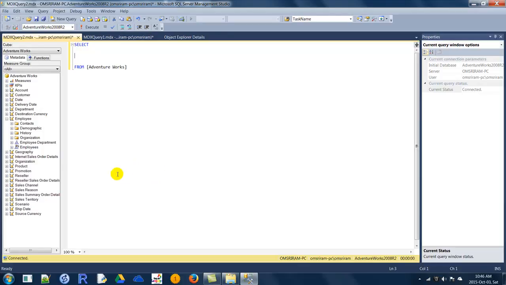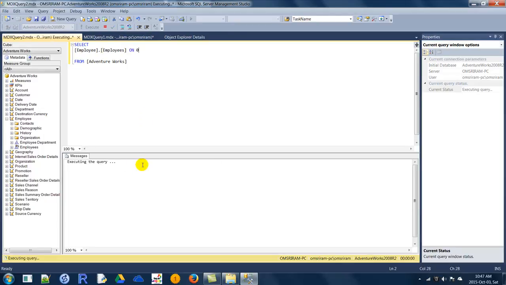Okay, just drag and drop. So hierarchy on 0. You will see members from the employee hierarchy.